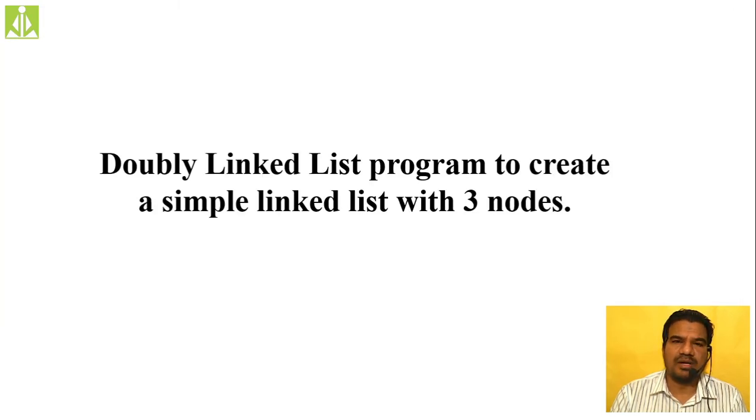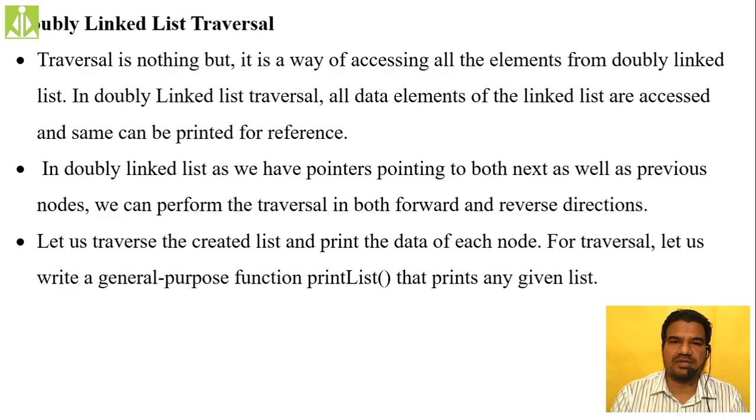Then we implemented a simple doubly linked list with three different nodes, isn't it? Then we have also seen the traversal. This is the traversal of a doubly linked list. In your singly linked list also we had the term explanation, and here also I have given in my last session the explanation of this traversal term. Traversal is nothing but visiting all the nodes in your data structure and printing their values, isn't it? Printing their values.